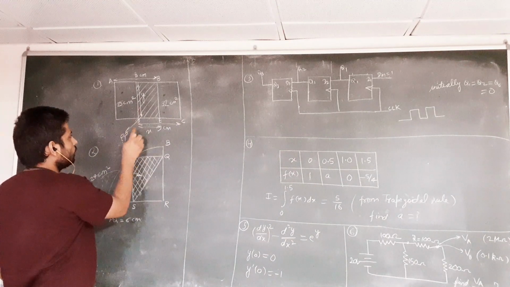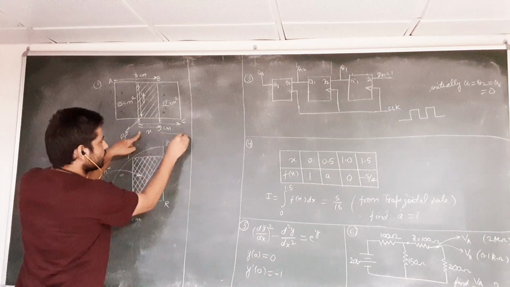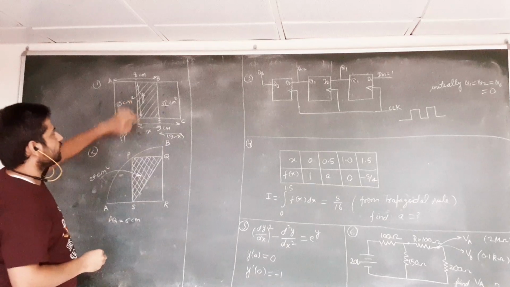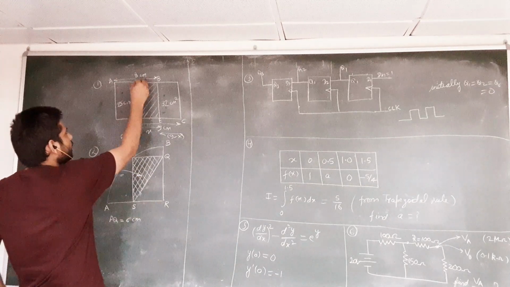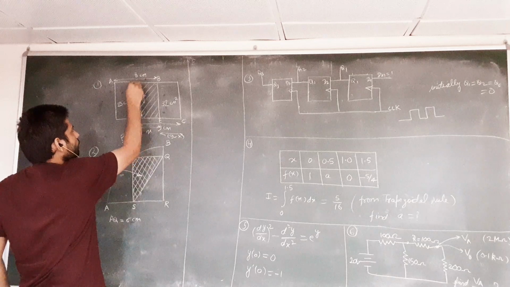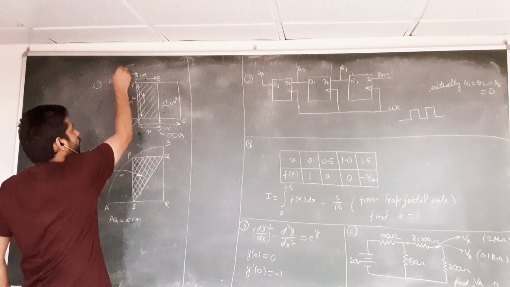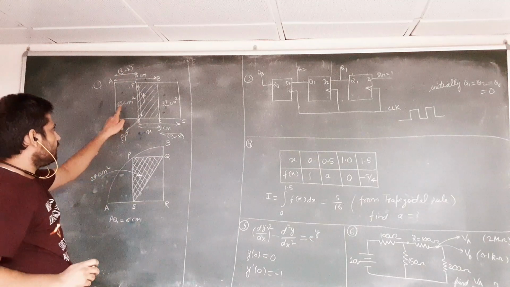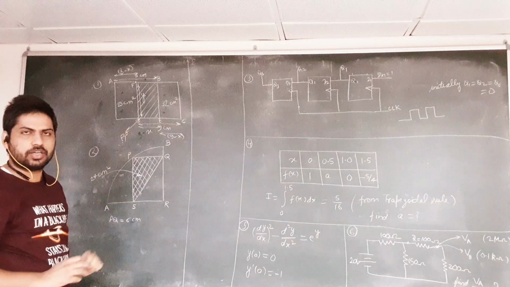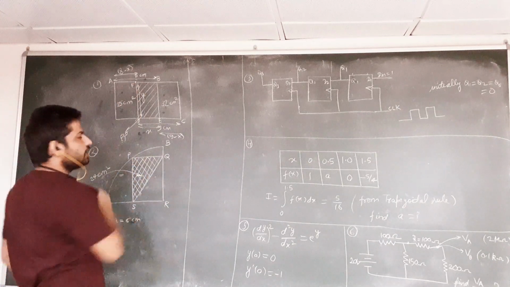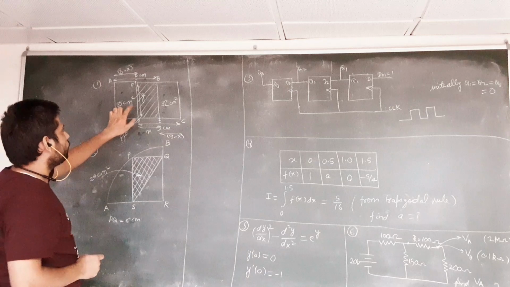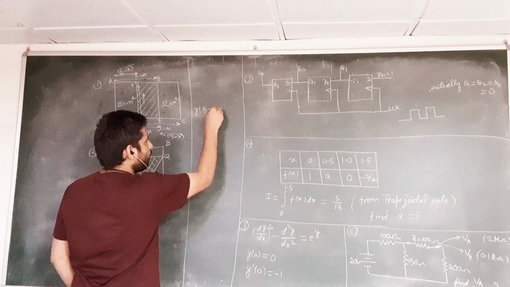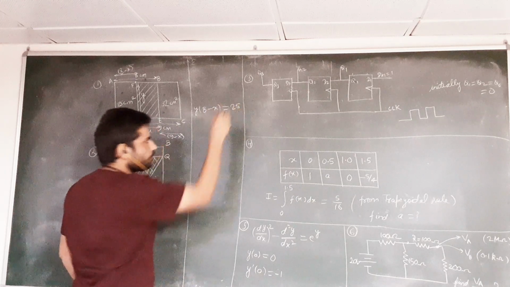Now if the distance from D to E is x, then this distance E to C will be 9 minus x, and similarly if this is x, this will also be x. So we can say that this distance AF will now be 8 minus x. Now we can write these two areas, 25 and 32, in terms of x and y only. So the area 25 centimeters square can be written as the product of y and 8 minus x. So y times 8 minus x will be 25.